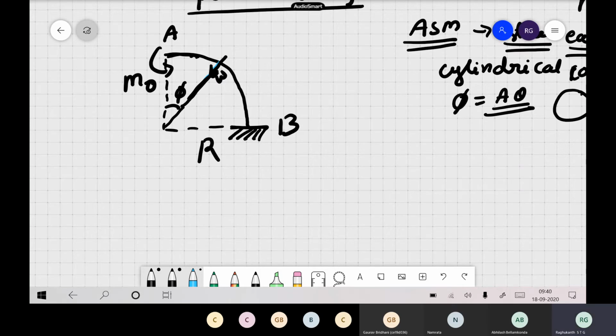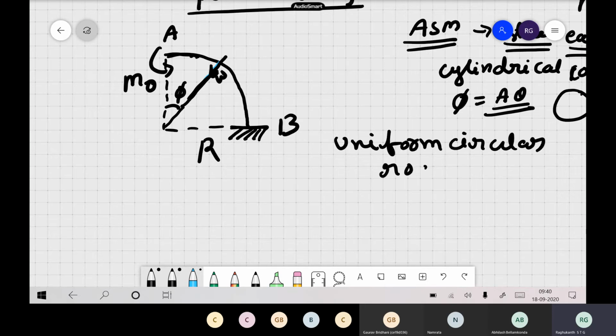So this is, you know, a uniform is it the circle? 1 second. Sorry. So this is a, you see, a uniform circular rod. So with a central angle. So generally in the arches, you know, this angle, say, we call a central angle also. That is, you know, the 90 degrees.